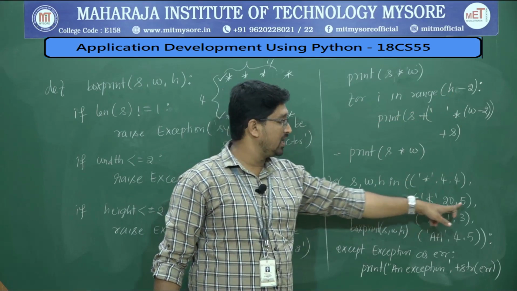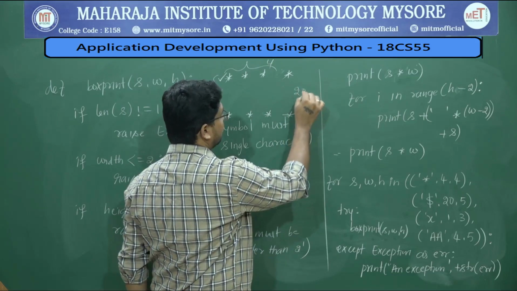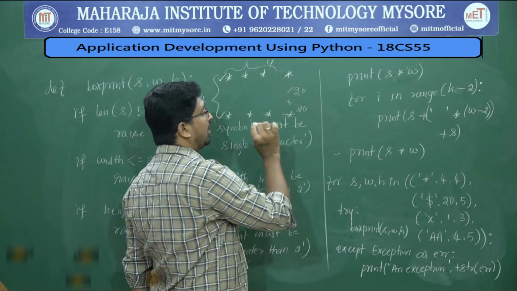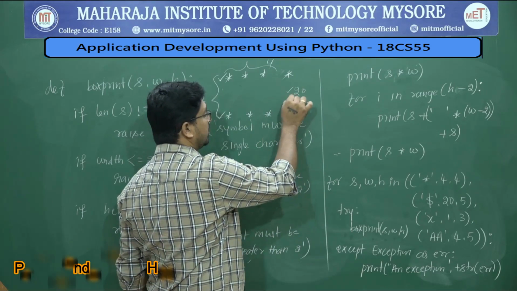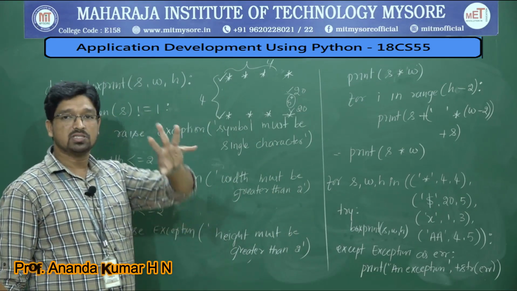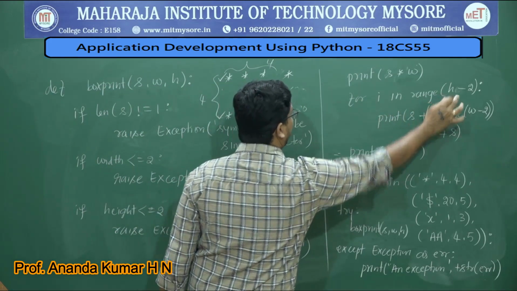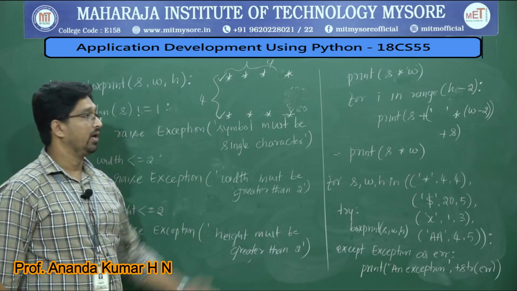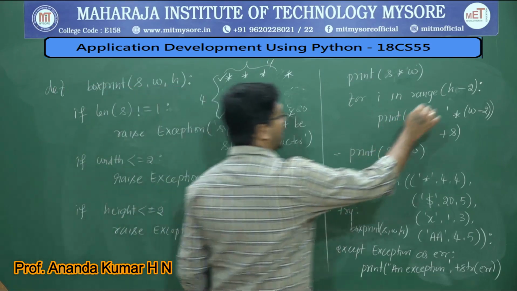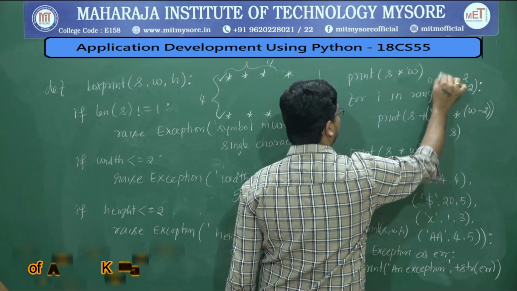Even if you consider 20, 5, this side it is 20, bottom also 20. What about 5? When I say 5, the top one is over, the bottom is over. The only thing you need to print is the middle 3 characters. 5 minus 2 means 3 characters to be printed. In the same way here we are considering i in range of h minus 2, that is 4 minus 2 means 2. Now your value will be 2, that is, the index starts from 0, 1.